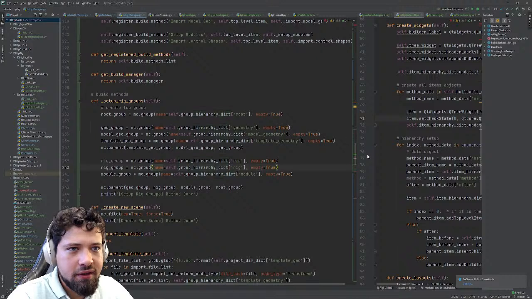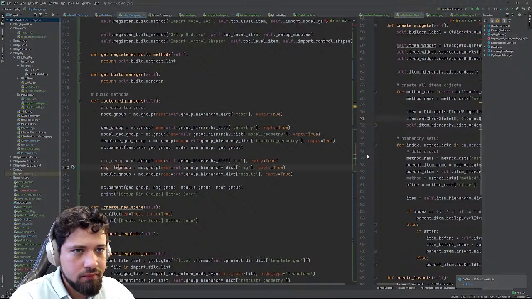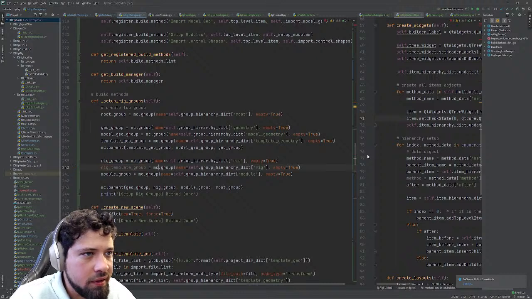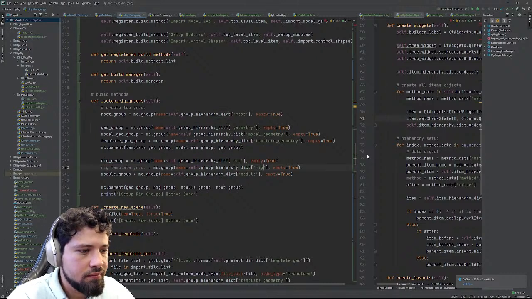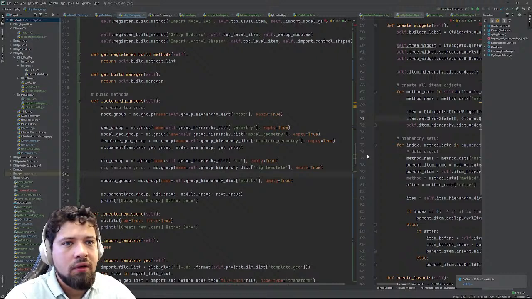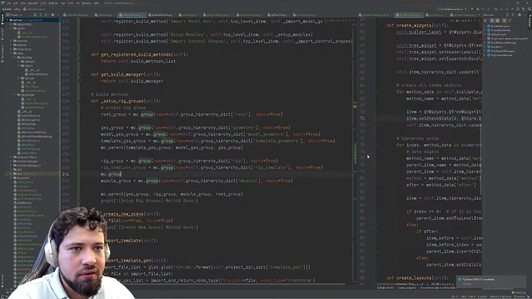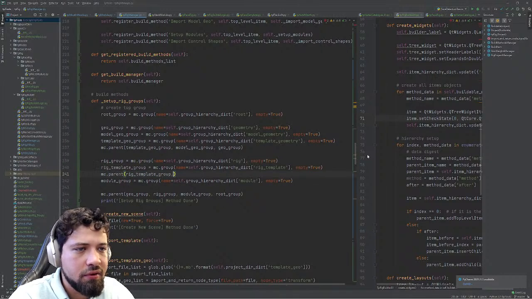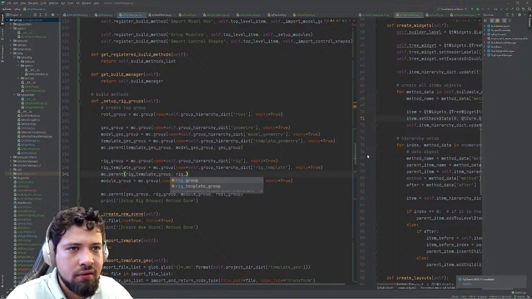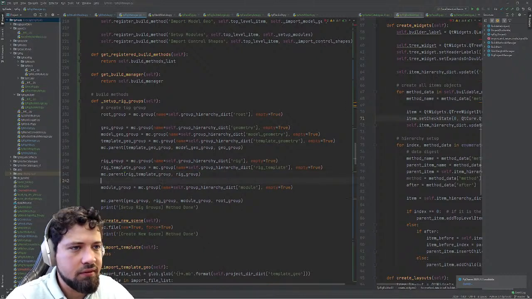So it's going to be the rig template. And then we're going to add this as the child. So the rig template group going to rig template or rig group. Yeah, so this is going there,